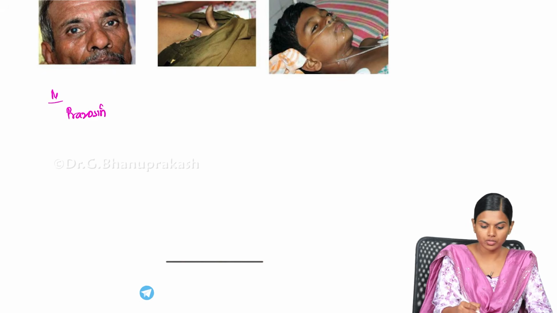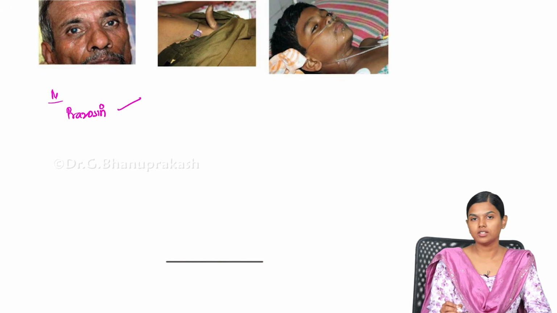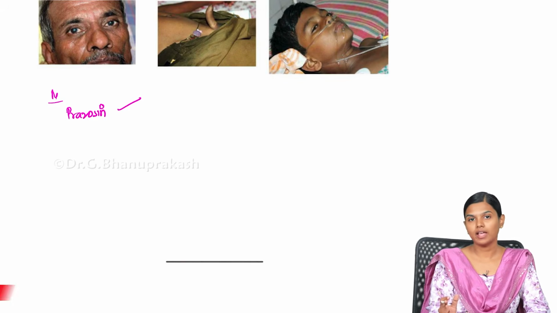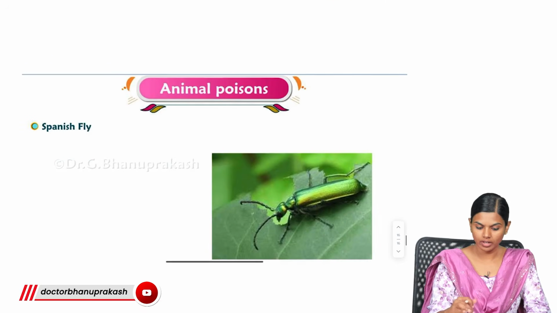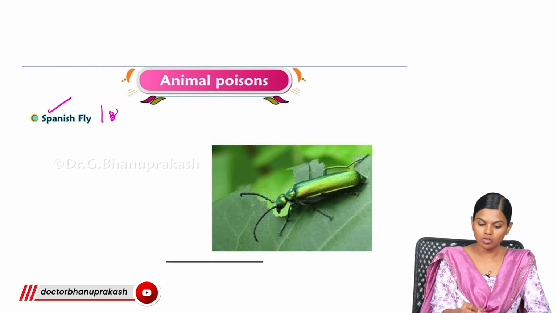Prazosin. Prazosin is the drug of choice. It is an alpha blocker. It will help in the treatment of scorpion bite. Next, what you can have is Spanish fly. It is also known as